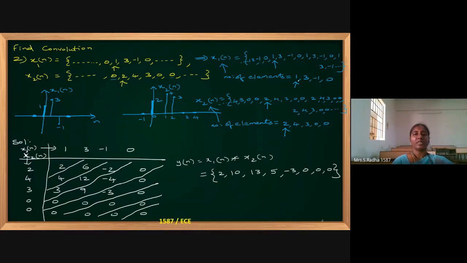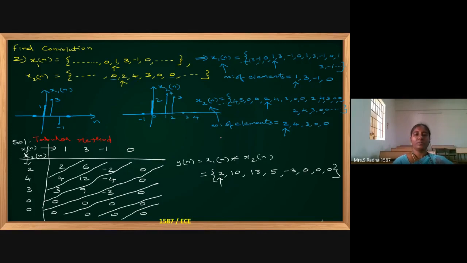In the final decided elements, for the 4 elements you have put the arrow mark for the first element, and for the 5 elements also you have put the arrow mark for the first element. So the answer also you put the arrow mark for the first element. This is how we get the output in the tabular method of linear convolution. This method is called the tabular method linear convolution.